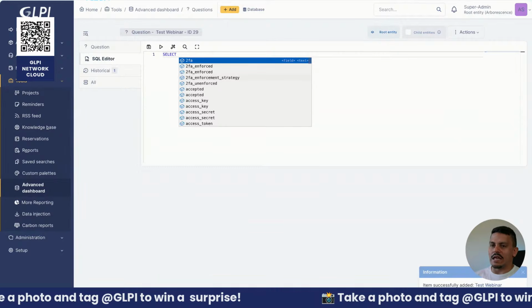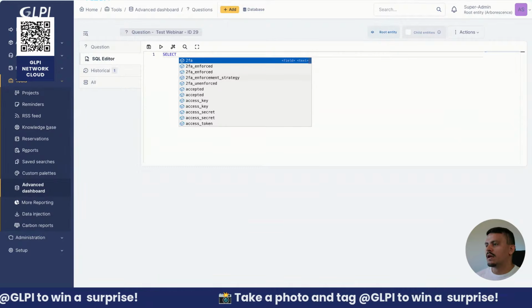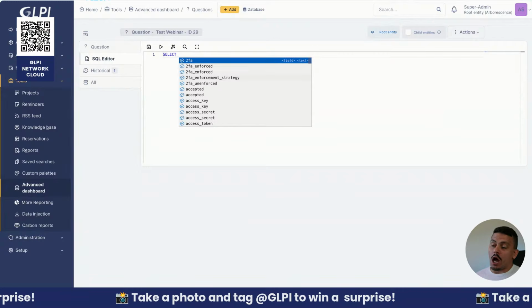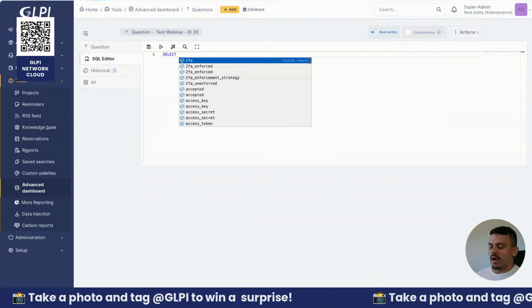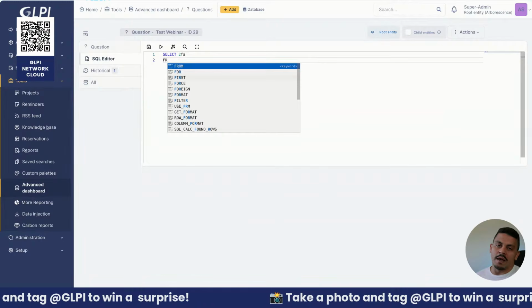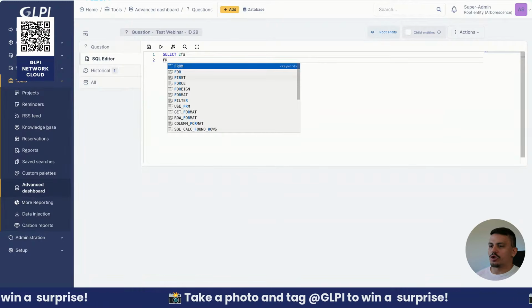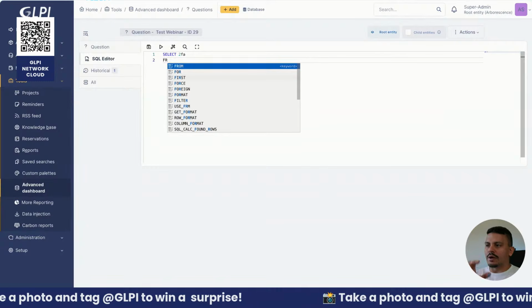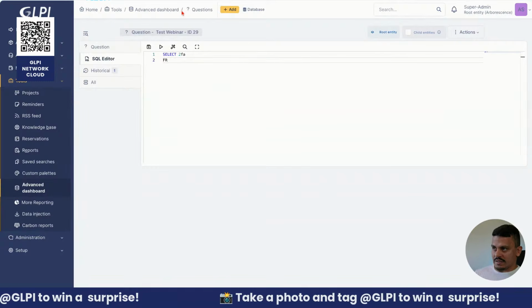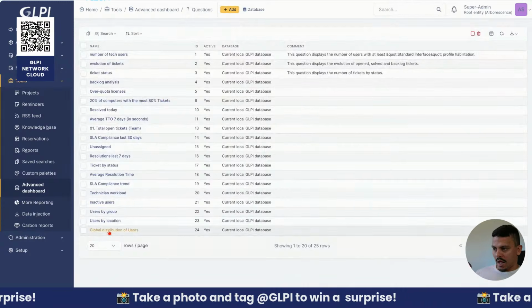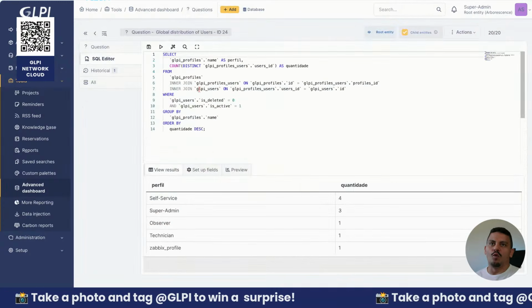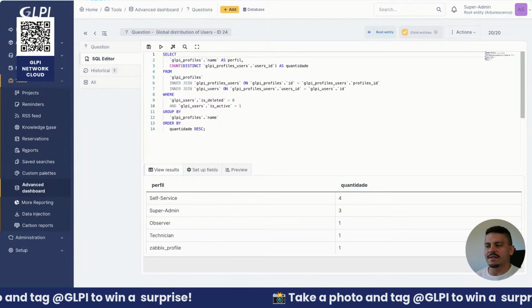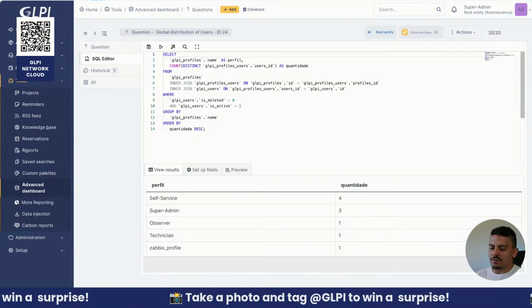It will bring the tables from GLPI, the columns, and it will also help you with the SQL commands. For sure, you can create your SQL queries externally and then bring them here so you can see all the questions in GLPI. I have created some to not waste your time creating queries during the presentation because it's not